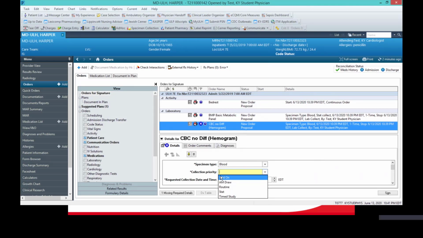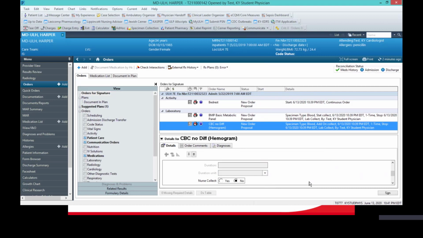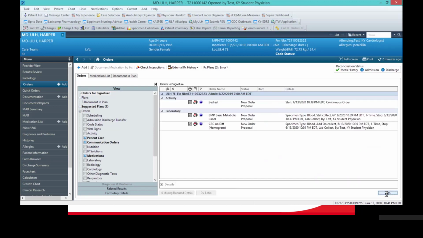So I'm choosing to add this CBC on to some blood that's in the lab. Any orders that are placed by a student are going to go as proposed. So they're going to be labeled with this blue circle, white question mark as a new order proposal until it's been signed by an upper level provider. Once I've entered all of my orders in, I'll simply hit sign